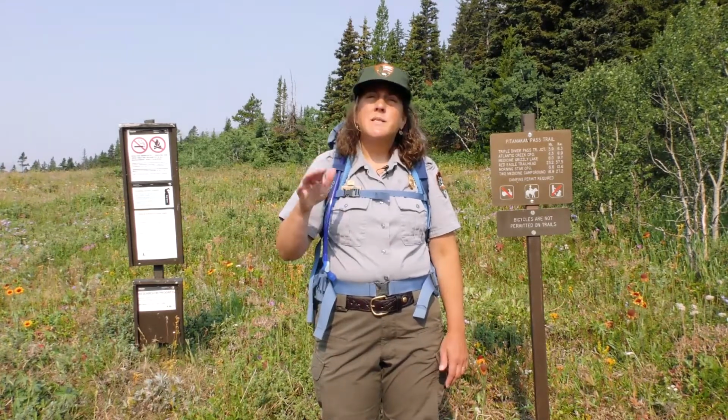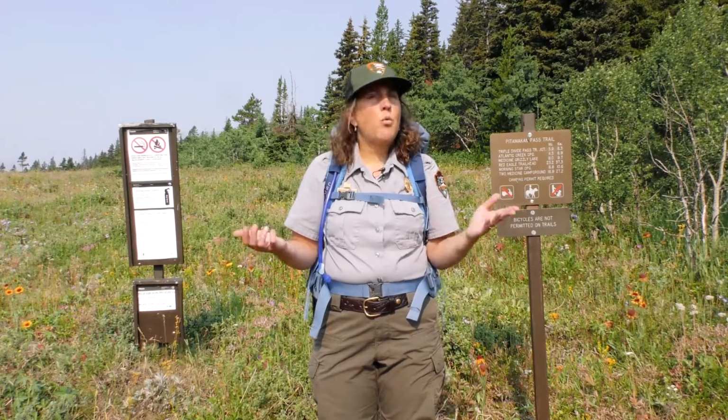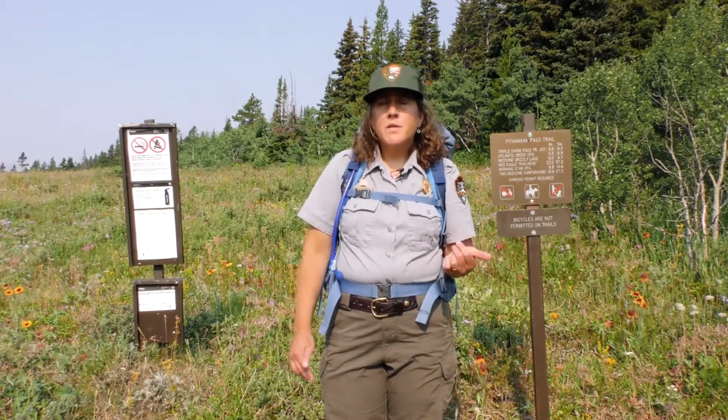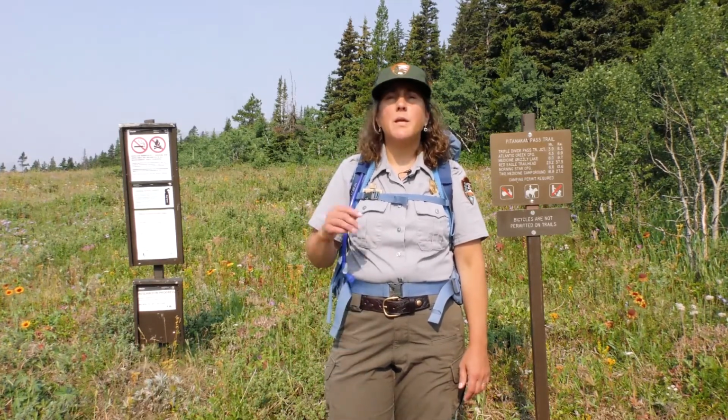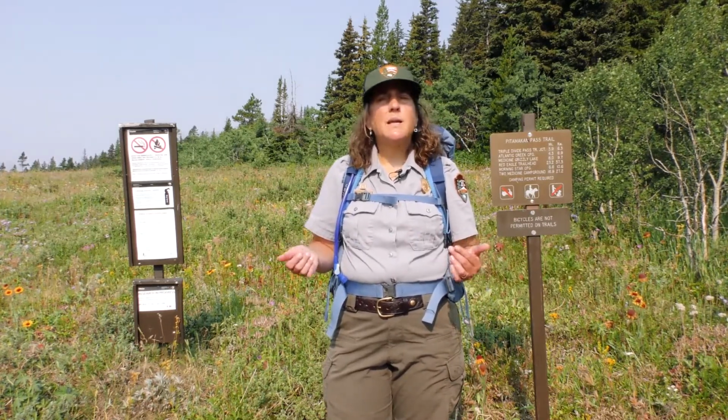But today, instead of wildflowers, which are important, we're going to be focused a little bit more on the grasses that make up these meadows. And in order to learn more about them, we're meeting up with the park's botany crew. Nico, Marissa, and Keegan are going to show us all about the surveys they do in the east side grasslands